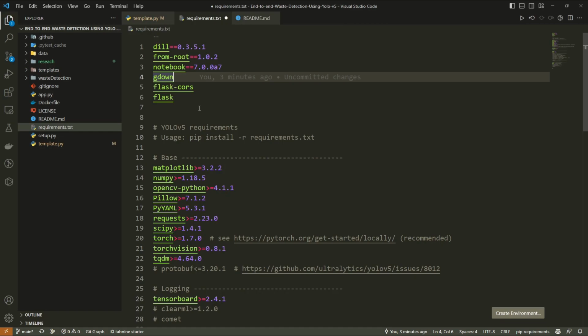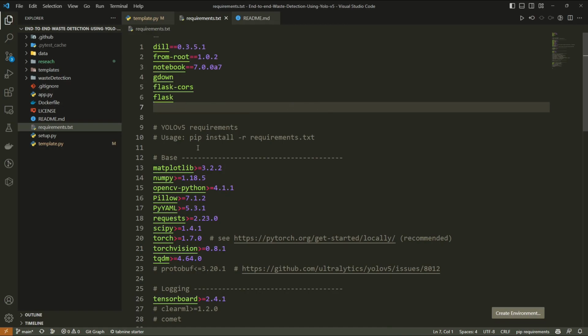So here I'm going to use Google Drive for keeping my data. That's why this gdown package is needed. So these are the packages I already need. Now what I will do, I will